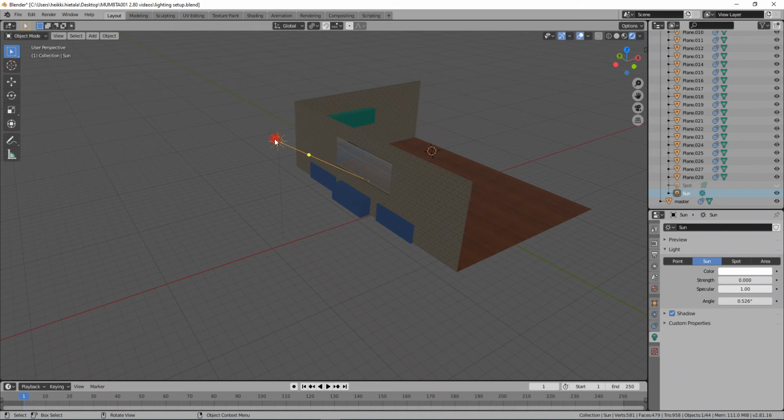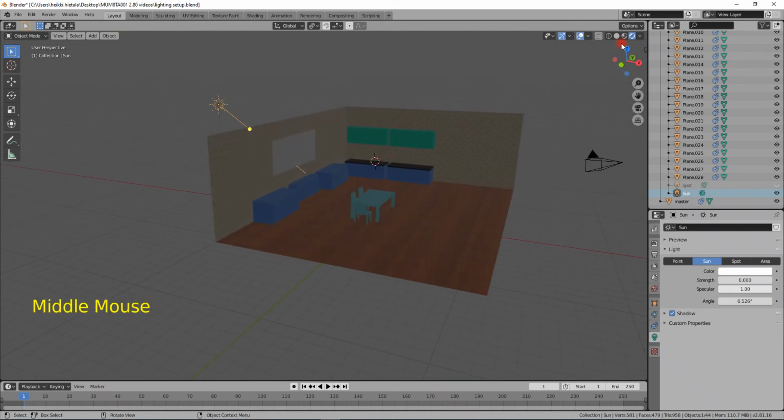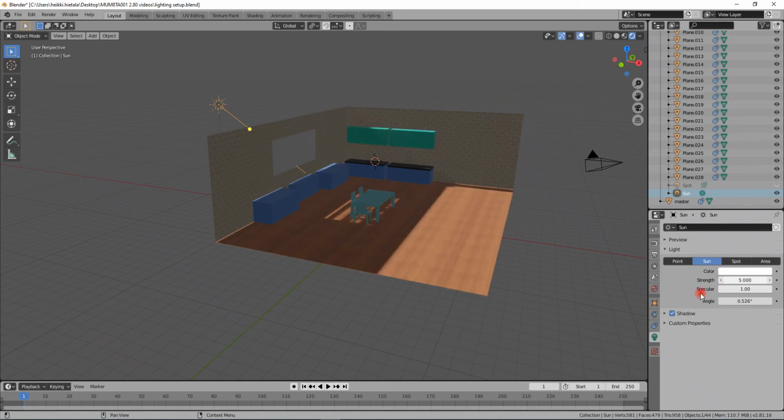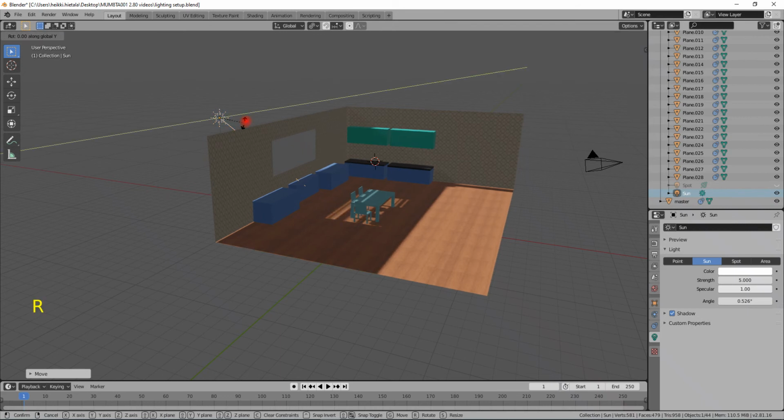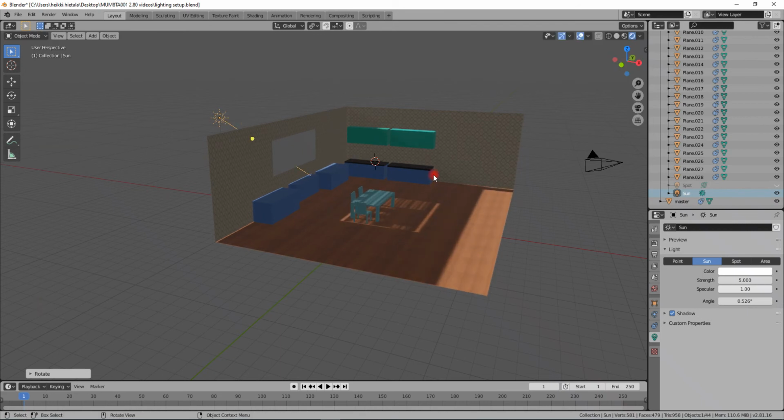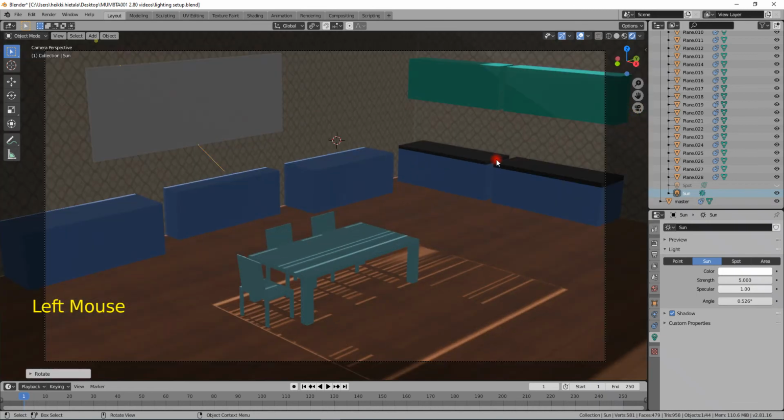And this point is assumed to be an indefinite amount of distance away from us. So that makes all the light rays parallel. And to show you the action on this, I'll turn up the strength of this. This one doesn't have watts, it has a strength. I'll take it down a little and rotate it on the Y, like so. And if we now go back to the light and we grab a quick render of this,